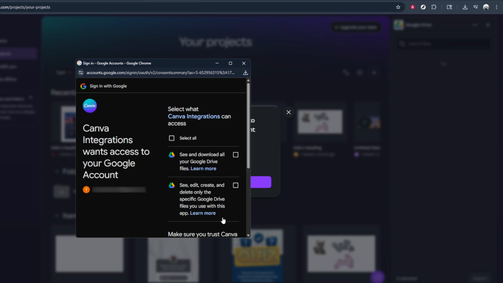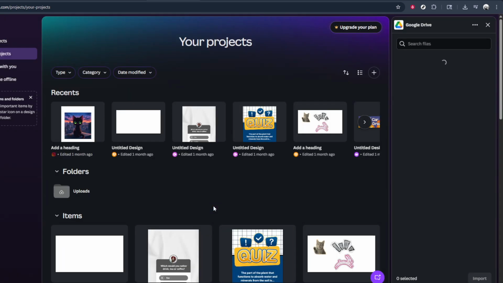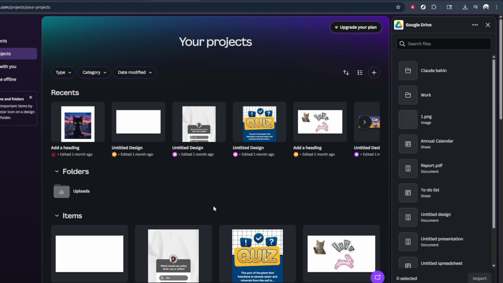After you click on Google Drive, you'll see a button that says Connect. Click on Connect to start linking your Canva account with your Google Drive. At this point, Canva will redirect you to a secure Google sign-in or permissions screen. Now, simply follow the on-screen prompts. You may be asked to choose which Google account you want to use,